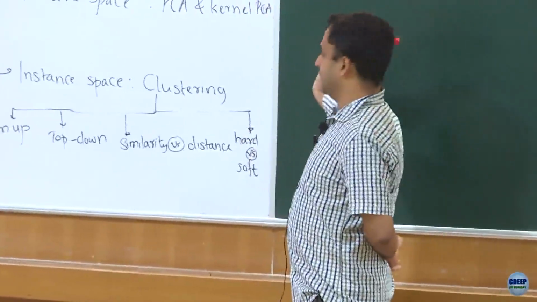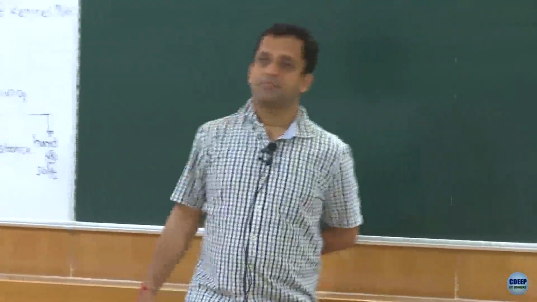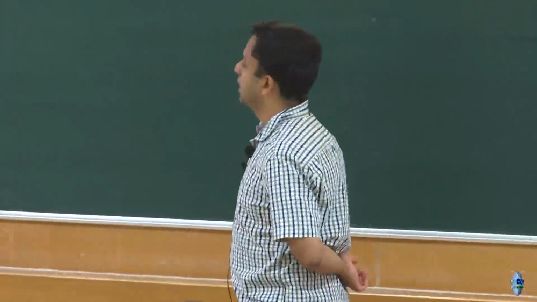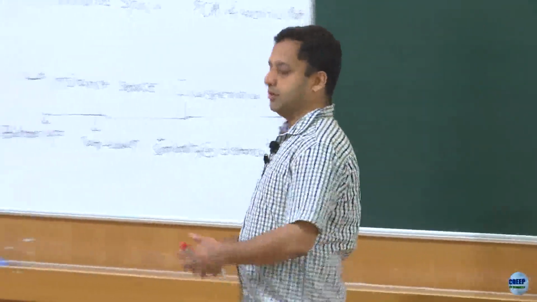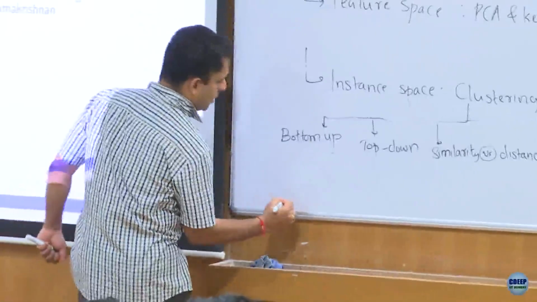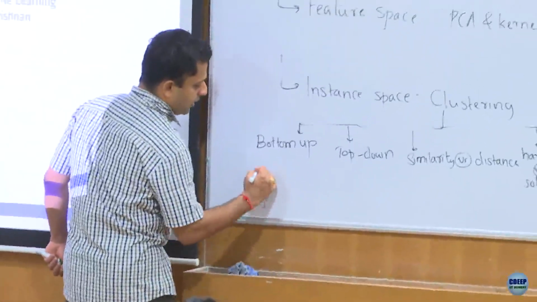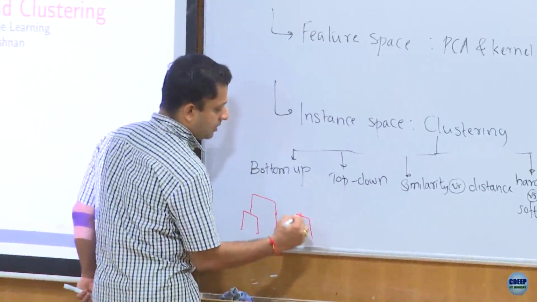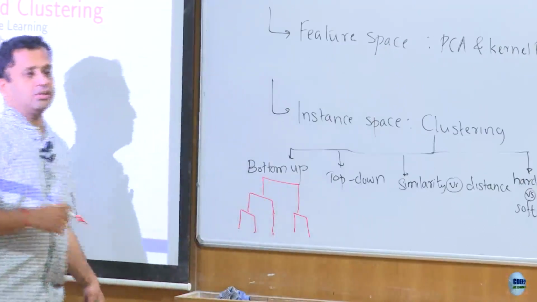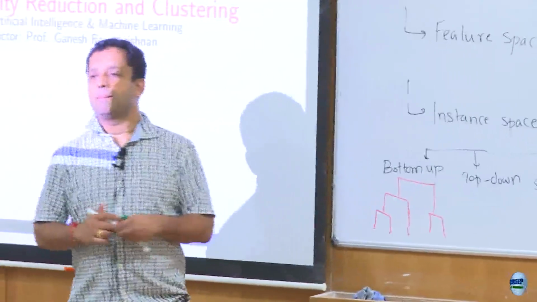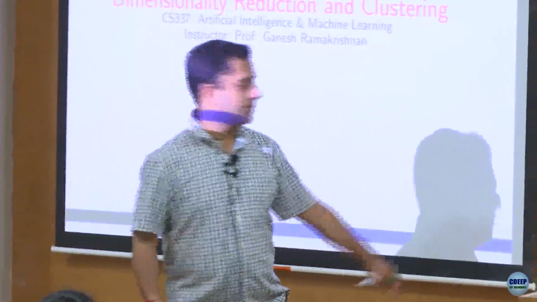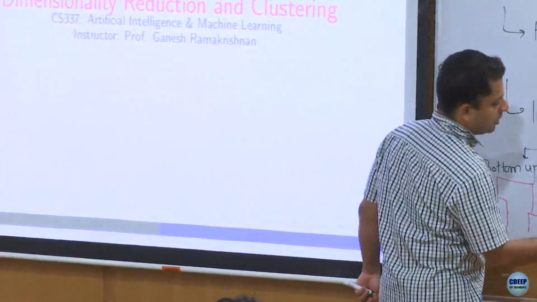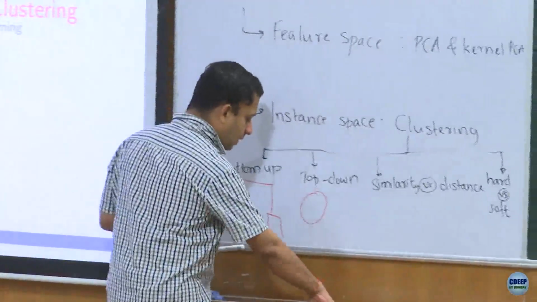You can also do unsupervised learning along the instance space, and we kind of give an overview of clustering. You can do clustering which is bottom up, where you take instances, pairs of instances, group them together, and again do this successively, not only on pairs of instances but also on groups of instances. So this is bottom up. Top down is largely based on identifying